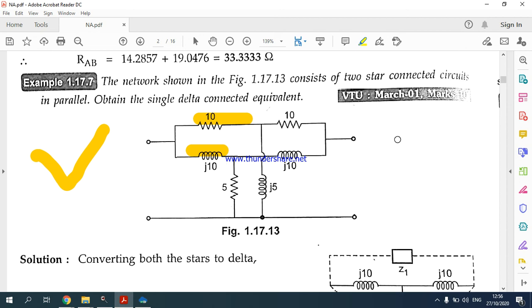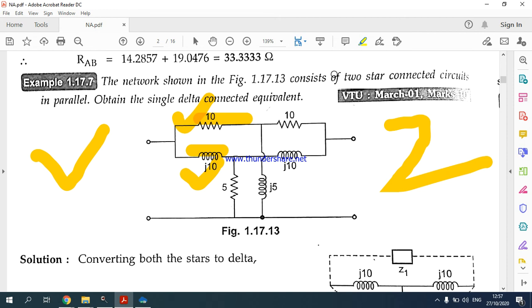You have to think that we have just Z. You should think that we have just impedance. Just think that this is also one impedance, this is also another impedance. Excellent. Just think like that. Don't worry that we have an inductor or capacitor like this. Nothing to worry.